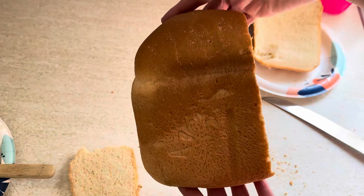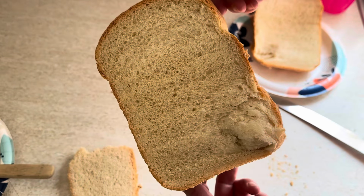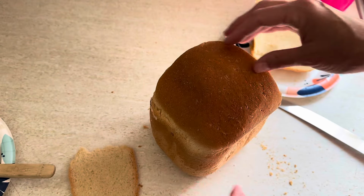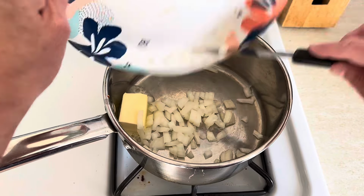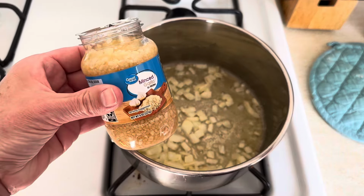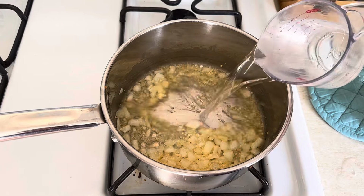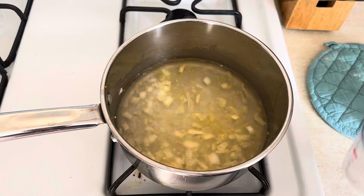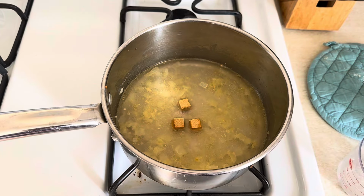William made a loaf of homemade bread in the bread machine, and we're going to use that to make these delicious grilled cheese. But you cannot have grilled cheese without tomato soup. And we're not looking for some boring canned tomato soup. I'm making it homemade. This is such an easy recipe. I use some butter, some onion, some garlic. Then you need some chicken broth, and I didn't have any, so I'm just going to use some bouillon cubes